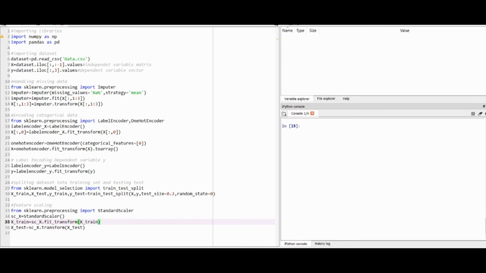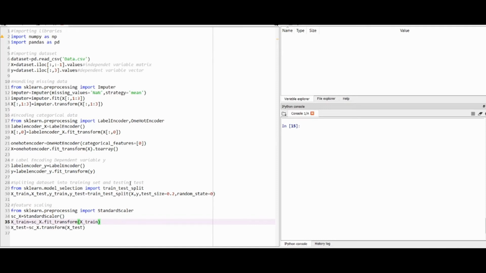Similarly, for the dependent variable y equal to dataset.iloc, and in the square bracket we first write colon, which means all the rows, comma 3, which means the third column, dot values.